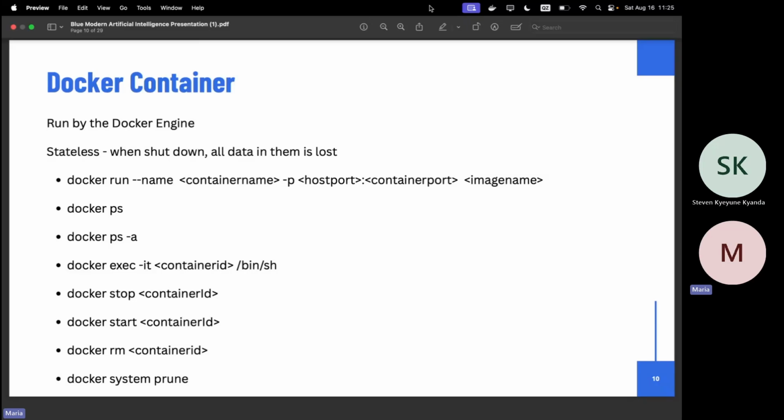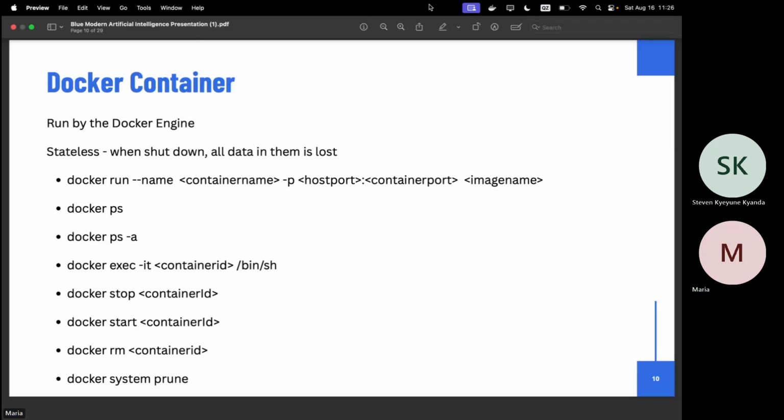So it's the one that will create the Docker container for you. And that's also another point as to why Podman was introduced. We shall see why Podman was introduced, to remove that client-server dependency. This Docker container is stateless. When a Docker container is removed, all the data in that container will be lost.